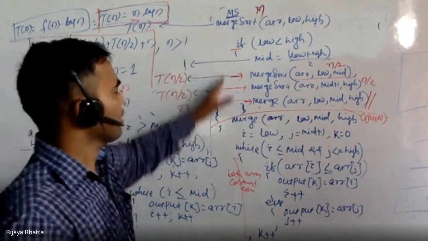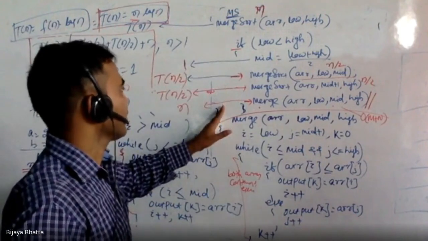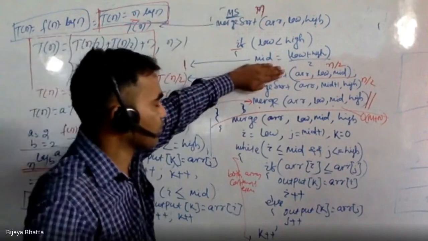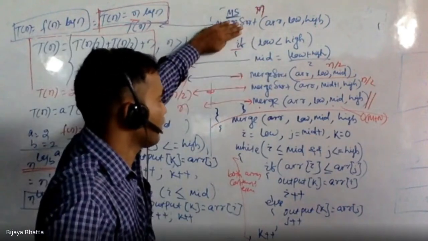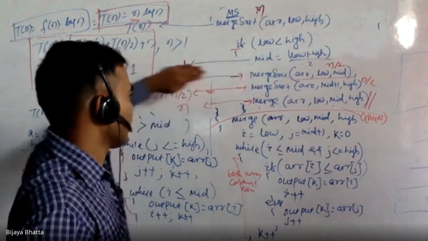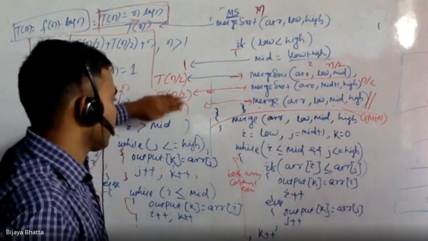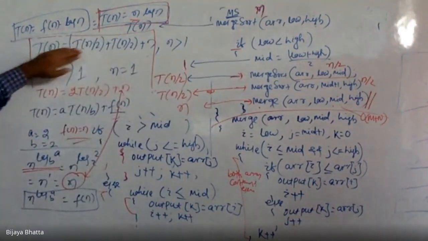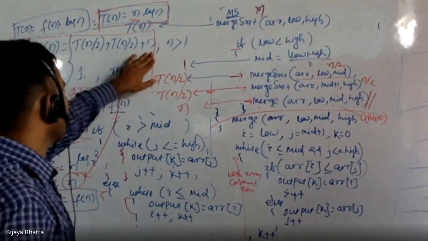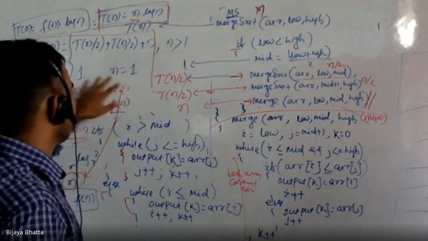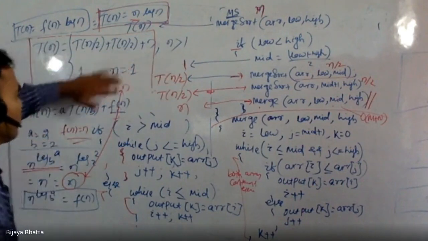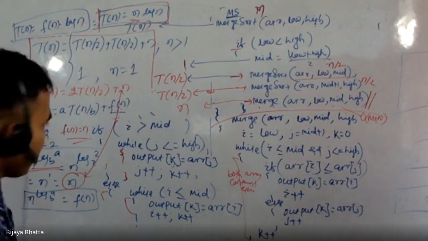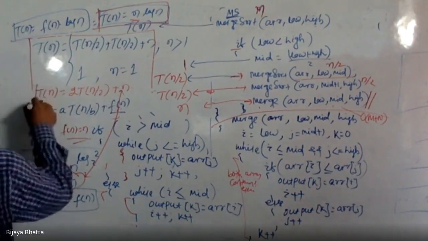Now this is the overall merge sort algorithm that we discussed. If the time complexity is T n, then this is the half part solving. If this is the problem solving of the whole part, this is the half part, and this is again the half part. That's why this is T of n by 2, and this is T of n by 2. The merge step we already know is n, so just add it. So T n equals T n by 2 plus T n by 2 plus n if n is greater than 1, and 1 if n is 1. That base case is fine if you don't know it. This is my final equation, right?